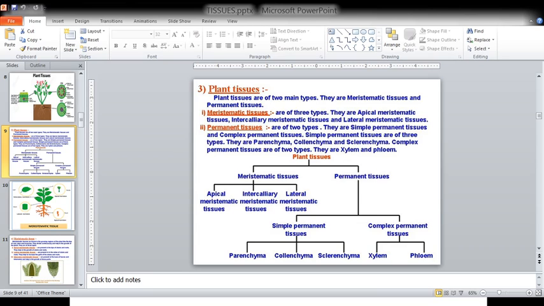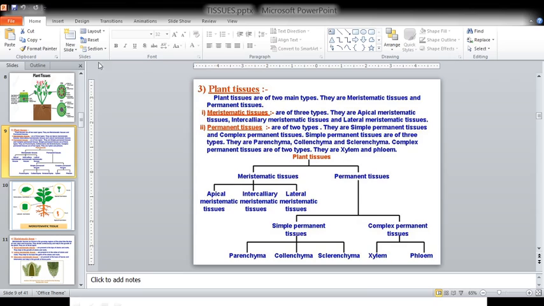Okay? In the live session we will discuss the meristematic tissues and their types. I am not going to teach you again. So what you have to do is learn and explain to me each and every point. You only have to learn what a meristematic tissue is, what the types of meristematic tissue are, their location and their function, as we have done in chapter number 5, the fundamental unit of life. Each and every cell organelle we learned, their location, their function. Same you have to do here.